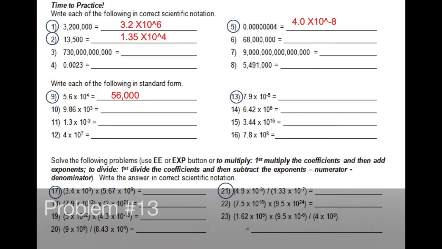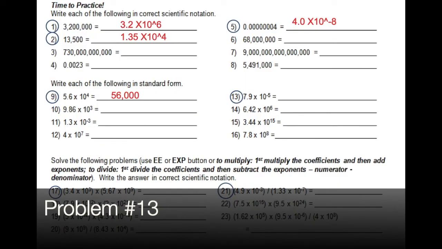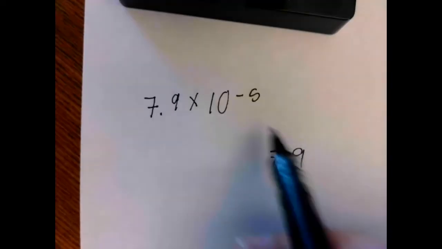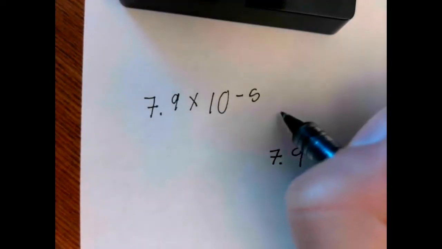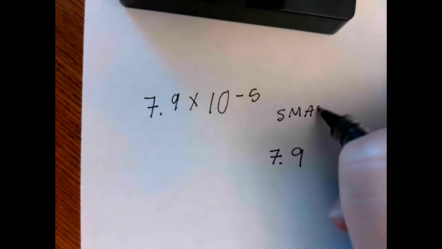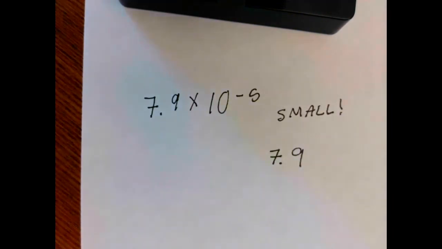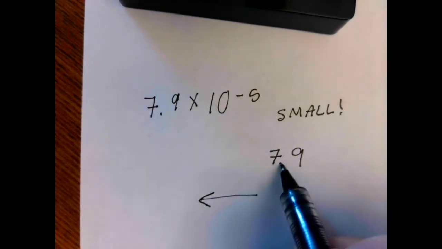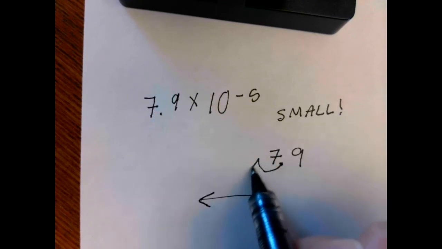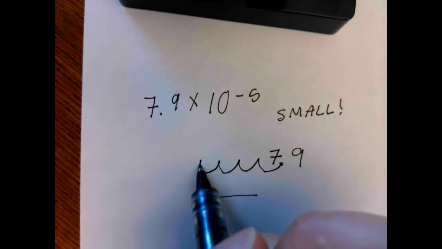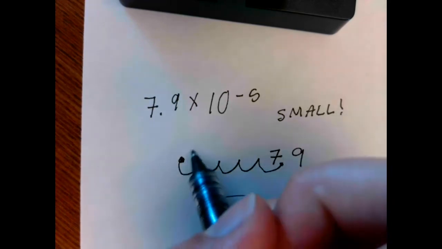Let's also try number 13. This is going the opposite direction. We have 7.9 times 10 to the negative 5. That negative tells me that this is a really small number. So I'm going to want to move my decimal place over to the left in order to make my number smaller. So if I have to move it over 5 times, I go 1, 2, 3, 4, 5, and I get this decimal place,